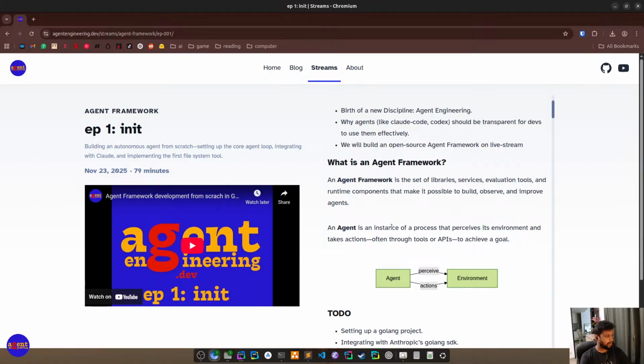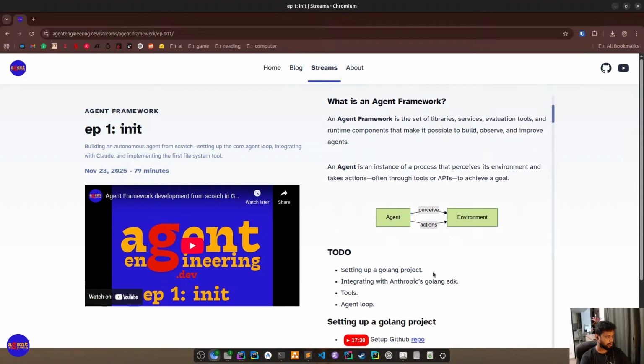We went through a couple of definitions of an agent. It is something that perceives its environment and takes actions to achieve some goal. What we're going to be developing is a coding agent, so most of its work would be to develop some sort of software project.